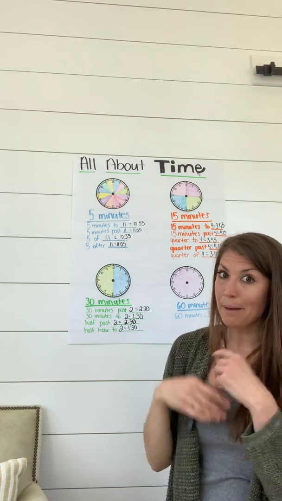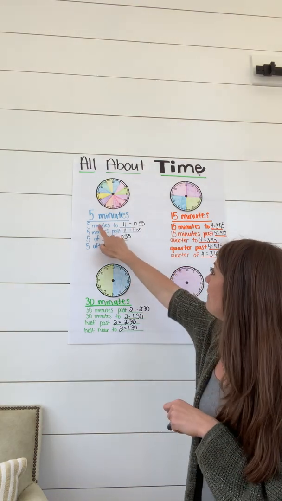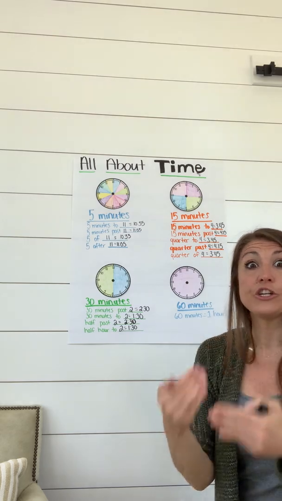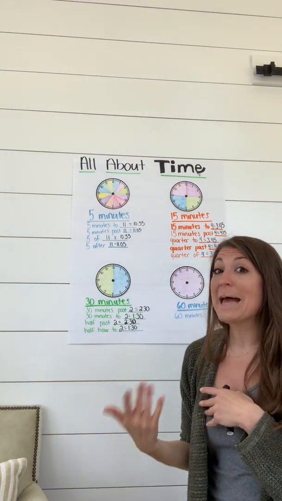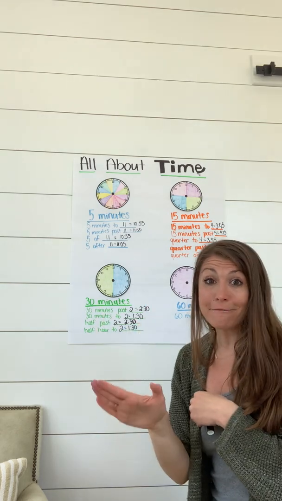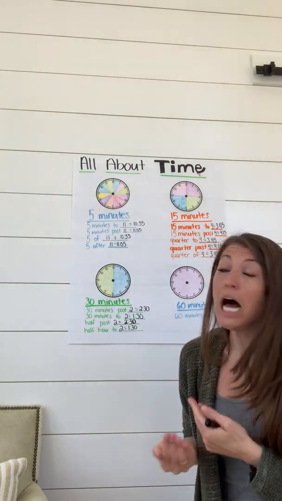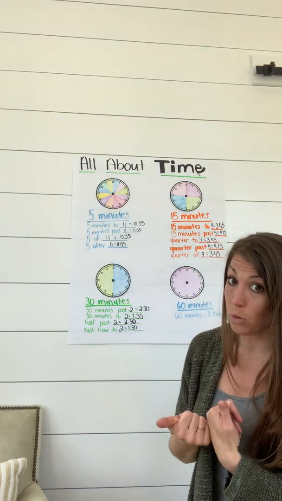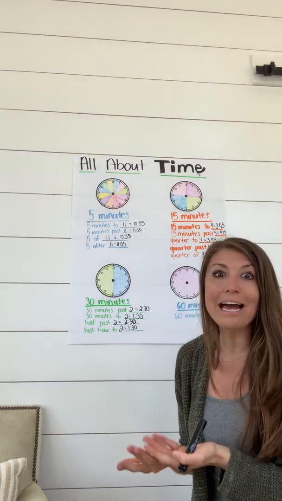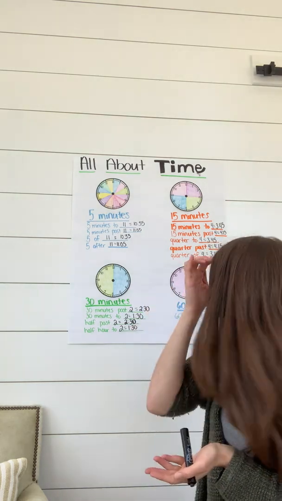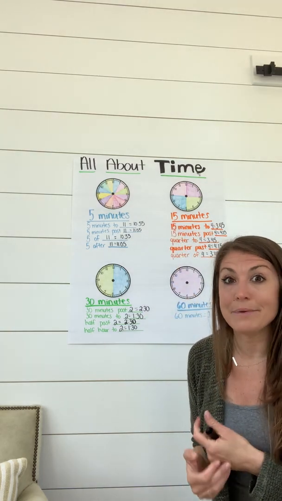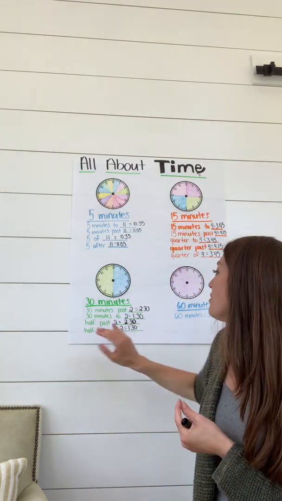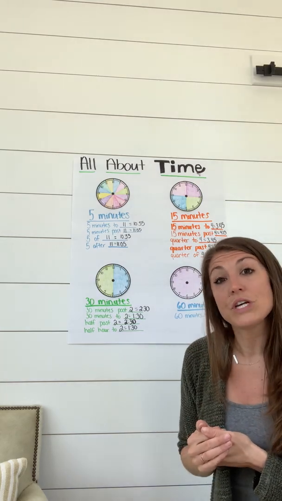So just to recap and review, when we're saying to something, it means before. If we're saying past, it means after. If we're saying of, it means before. If we're saying after, it means past. And another name for 15 minutes when we're talking about time is quarter. And another name for 30 minutes when we're talking about time